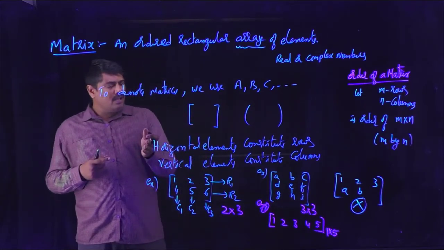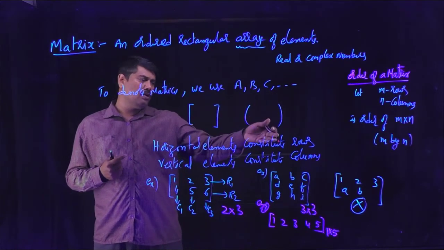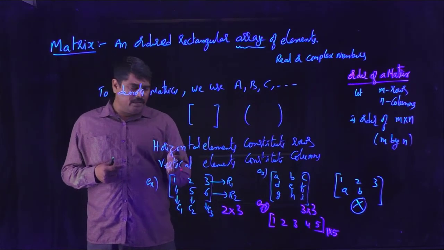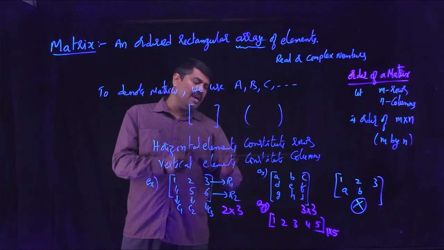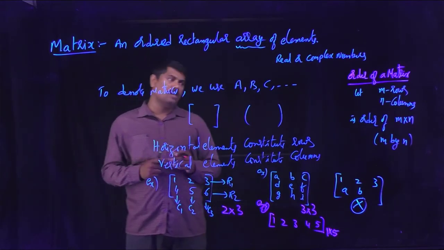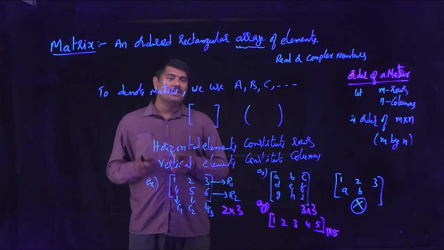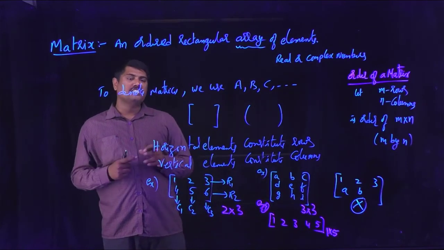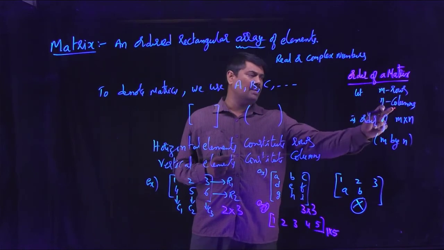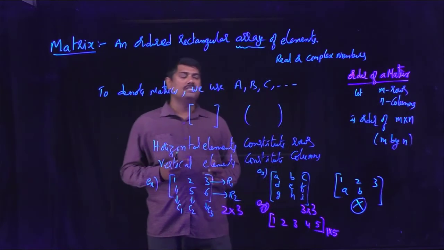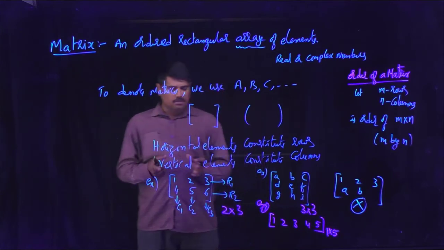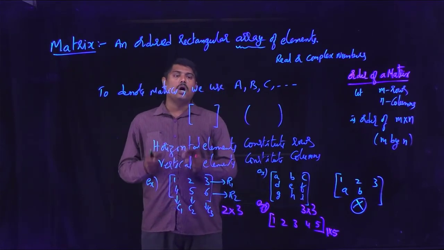You can arrange the rows and columns in these brackets, and so you construct a matrix. The elements arranged in a horizontal manner are called rows, and the elements arranged in a vertical manner are called columns. How many rows and how many columns it has is indicated by a number, which is said to be the order of the matrix. With m rows and n columns, it is of order m by n, written as m into n, and we have some different examples to define the order of a matrix. After knowing the order of a matrix, now let us construct a matrix of order m by n.